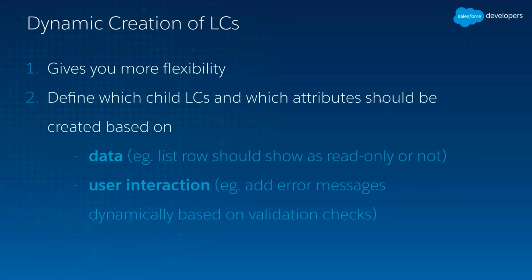Lastly, we are also dynamically creating components within our parent component. So you might ask, why would you want to do that? Often this gives you more flexibility because you can define the data or user interaction based on what's previously given to you. So for example, if after 3 stages of interaction, there are certain changes to the data that require a different user interface or a whole different type of user interaction for the end user, then your component can react at runtime, because the moment you generate it, you have the latest information for them